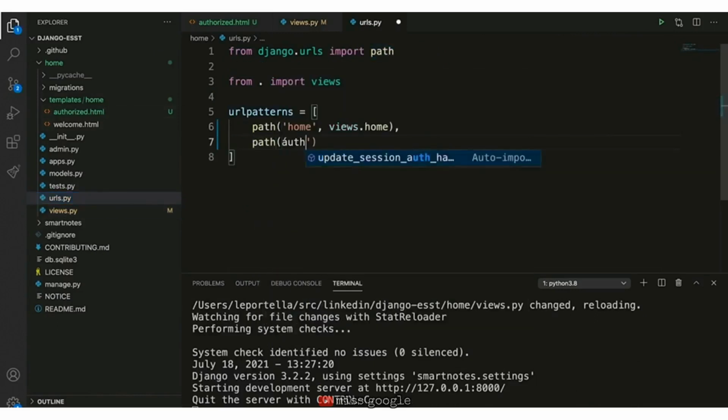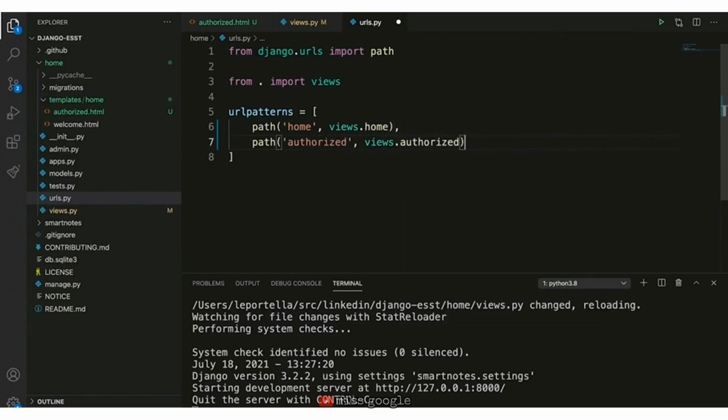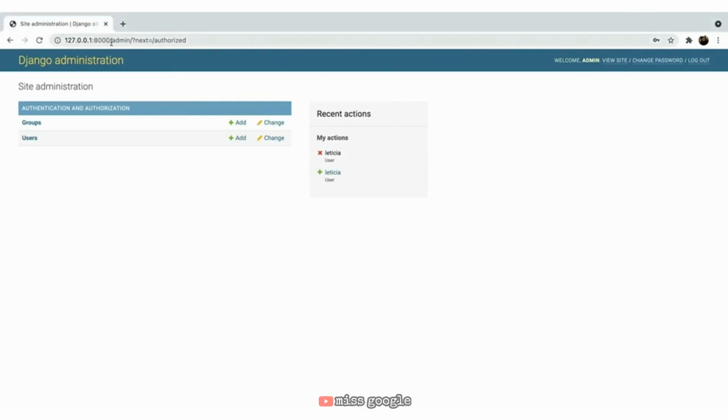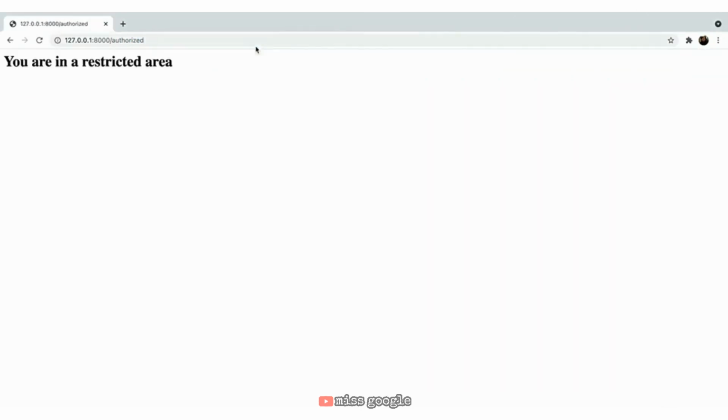So let's call it authorized and views.authorized. Now we can go back and try to access the authorized endpoint. There you go. We can see the template we created. This is only possible because we're logged in via the Django admin interface. If we go back to the admin